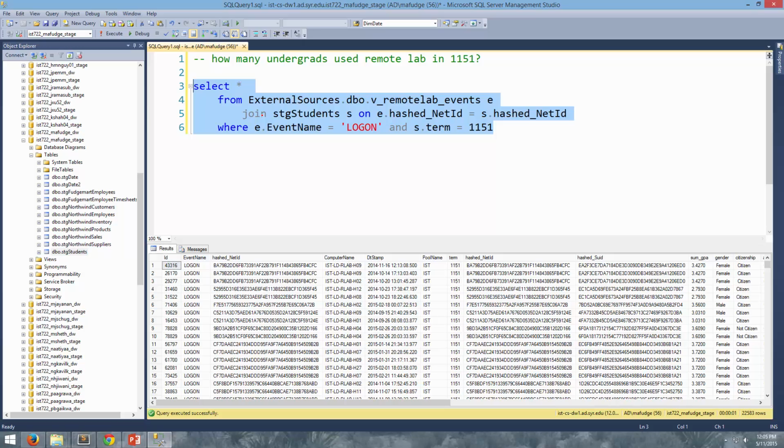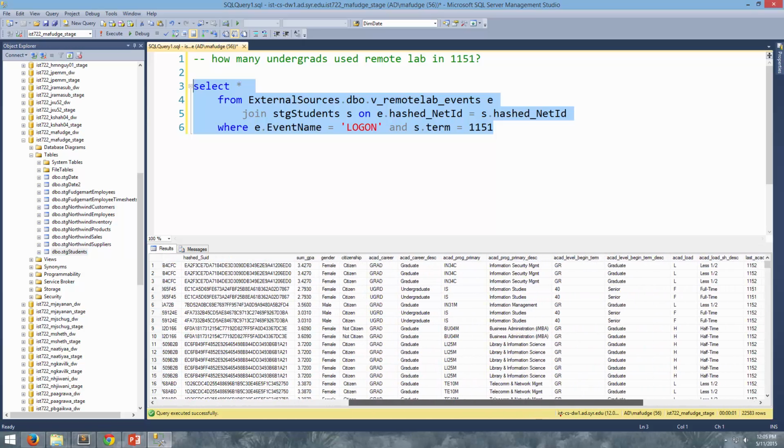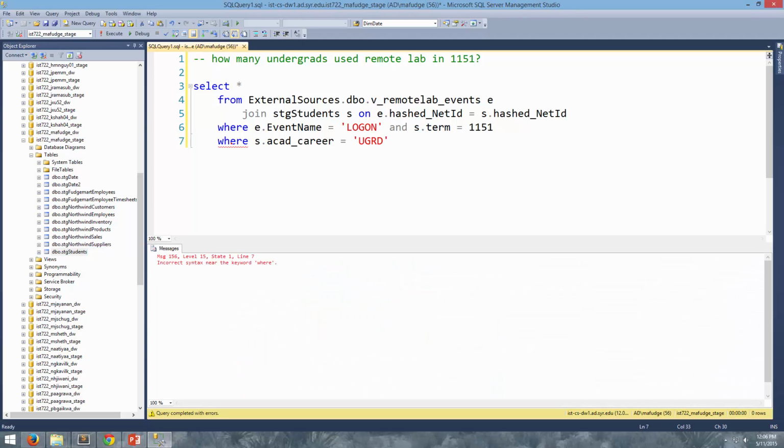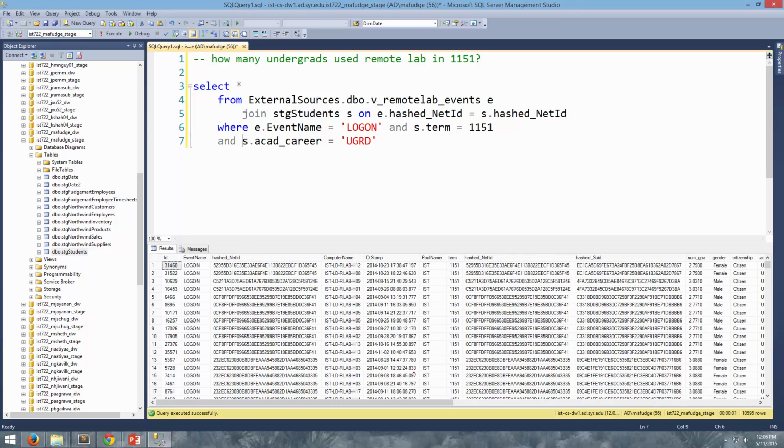And now I just want to get the undergrads. So that is academic career. It says grad, and then UGRD is undergraduate. So I'm going to say where academic career is UGRD, like that. Oh, and silly me. So those are just the undergrads. Now what I want to do is I want to get a count of their logins,